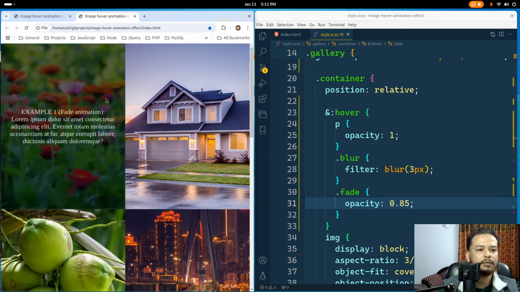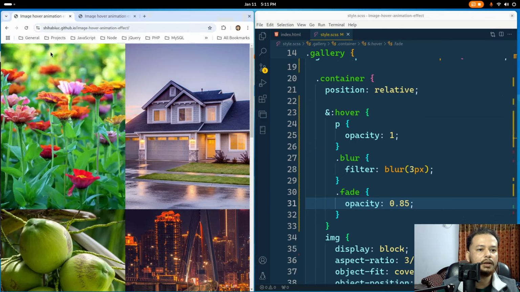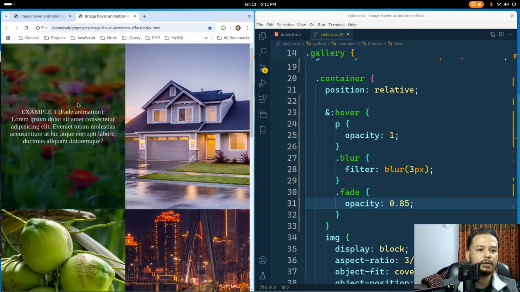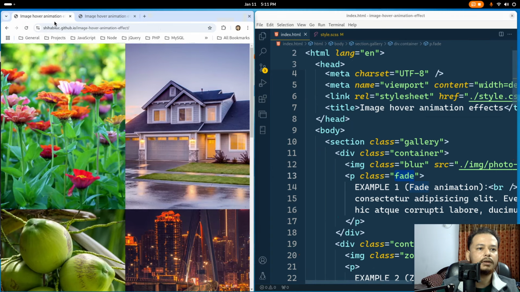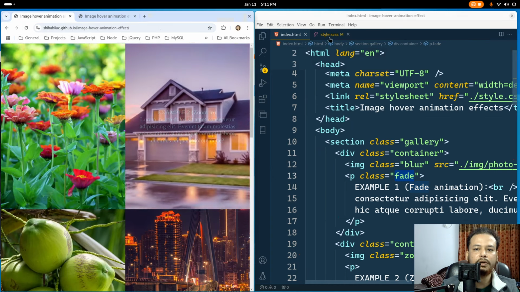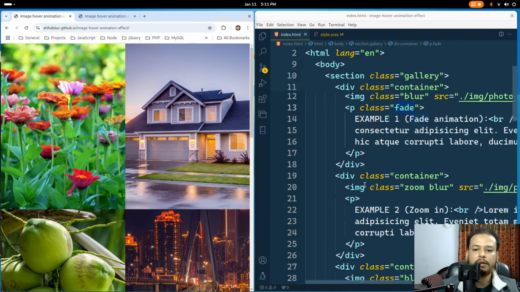And if we check this one, it's very similar, except for the background color. I used a reddish background color on this image, and a blackish background color for this demo. Anyways, this is now complete. And for the second item, if you hover, it zooms in. My second div has a class of zoom,